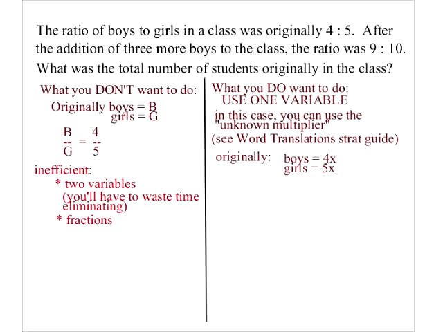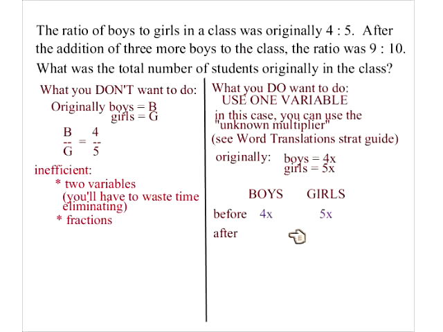What it also helps to do is make a chart, where you say boys, girls, and then you have before and after. This way you can just fill in the chart with the information that's in the problem. So it used to be 4x, and it used to be 5x. Then after we added 3 more boys to the class, in the text box, what expression would we fill in here for afterwards? Go ahead and type in the text box, guys. If we add 3 more boys to this class,